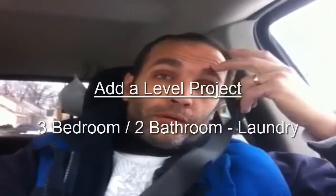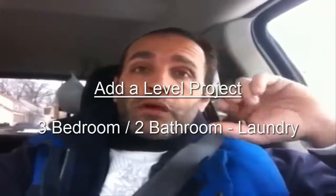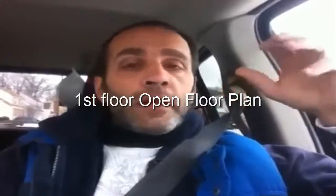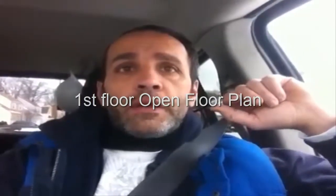So what's going to happen is we're going to strip the front wall where the two double windows are going to go. So we're going to get all that done today. It's going to be a 2-day project. We'll strip everything down, clean it up, get it into the container, and then we have the electricians coming on